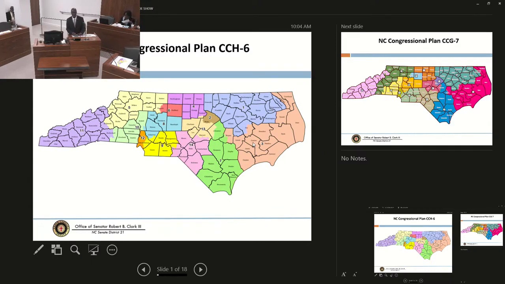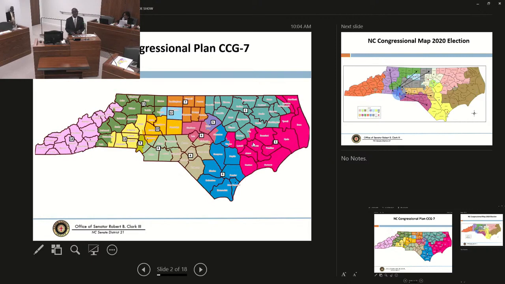Another change that is made, I would like to direct your attention to Wake County. You can see the configuration of Wake County that I had there initially. Well, what I decided to do is modify that. As you see here, it goes further to the south, that particular district that is embedded wholly within Wake County. Essentially what I've done is I've gone to Senator Chaudhry's bill, and I've snatched his version of Wake County from him and incorporated it into this plan.